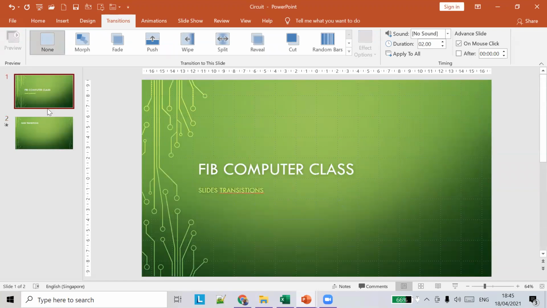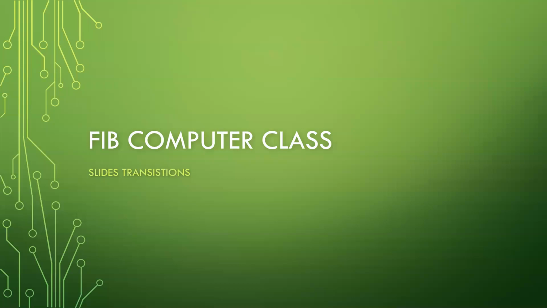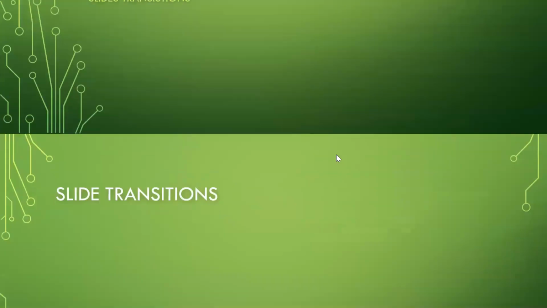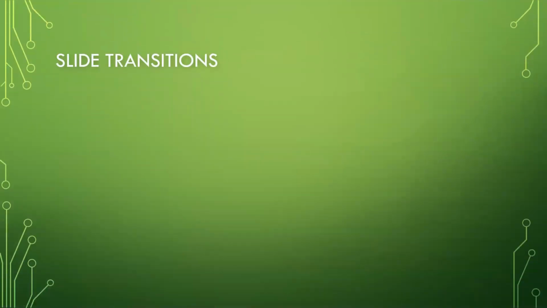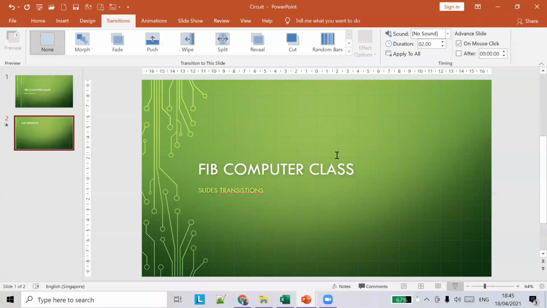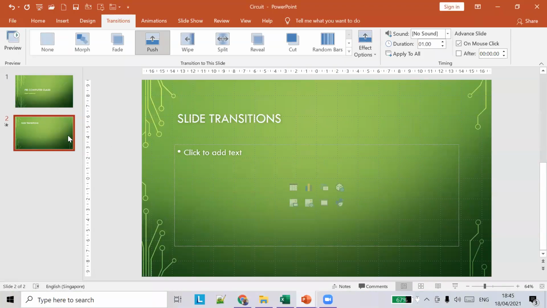But this slide doesn't have any transition, so it doesn't have the symbol. Let's see from the first slide. Click the left button. Now there is a difference, right? You can see an animation added when you move from one slide to another slide. This is called a transition. All we had to do is select the slide, go to the transition tab and apply any one of the transitions available here. Maybe we'll choose a different one for now.